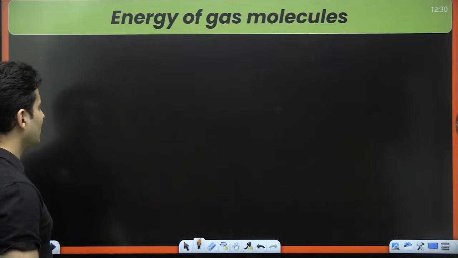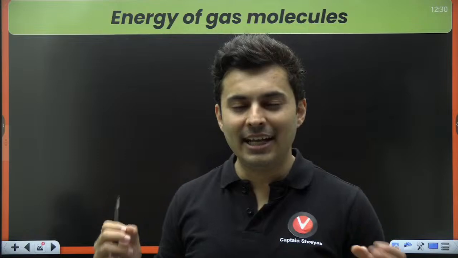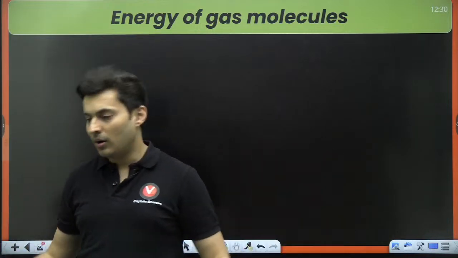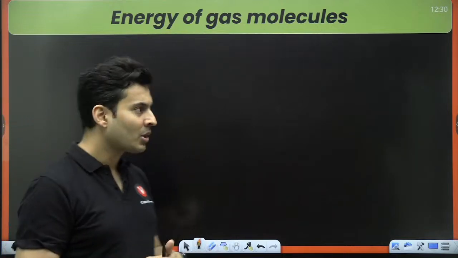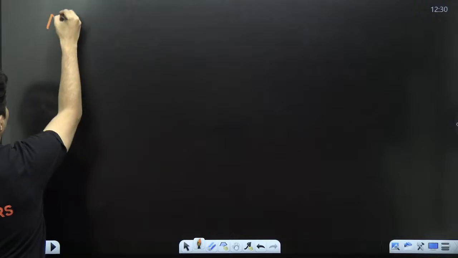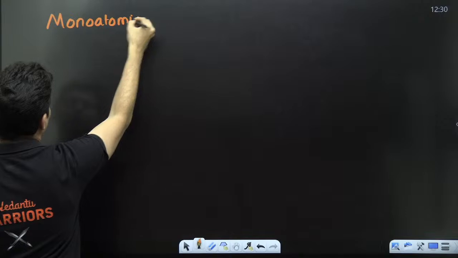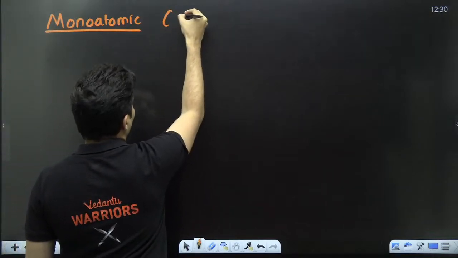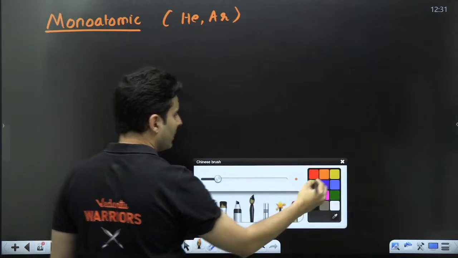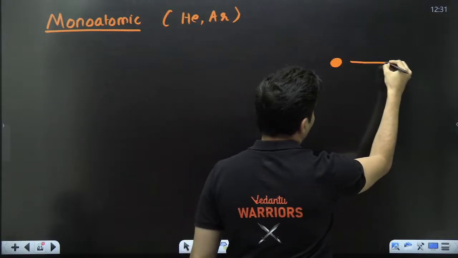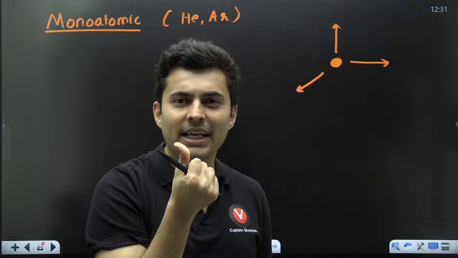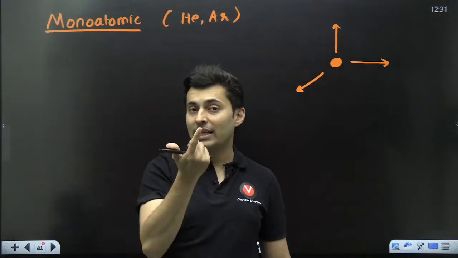Now, energy of the gas molecules. Depending on whether it is a monoatomic, a diatomic or triatomic, a molecule might possess different forms of energy. If a molecule is monoatomic, something like helium, argon, then such a molecule can move in x-axis, y-axis, z-axis. But if it rotates, it's like a point mass rotating. The moment of inertia of a point mass is 0. So the rotational kinetic energy will be